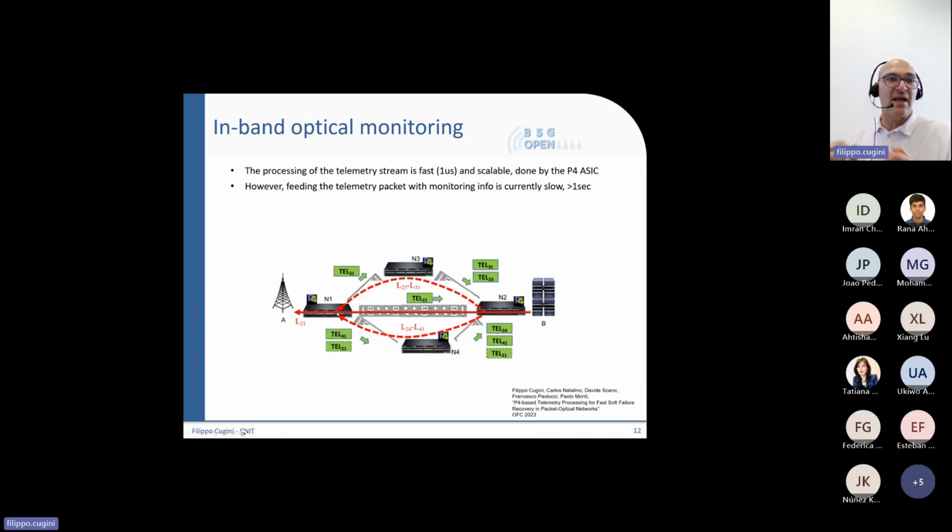So in a restricted area, of course, otherwise maybe it would be too much, it doesn't scale, but in a restricted area that covers a working path and 1 or 2 backup paths, this node can become aware of all the real-time performance experienced in all the network, and not only the quality of transmission. It could be also the actual occupied bandwidth, because with traffic engineering, we don't have always the full visibility on the actual bandwidth that is occupied by the real traffic. So here we can enhance this telemetry with a lot of pieces of information.